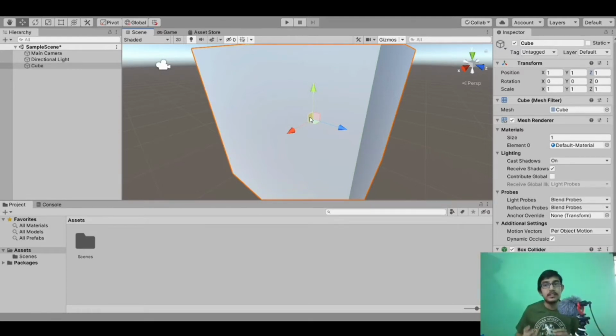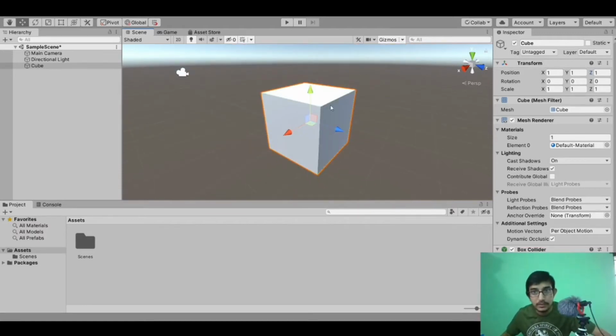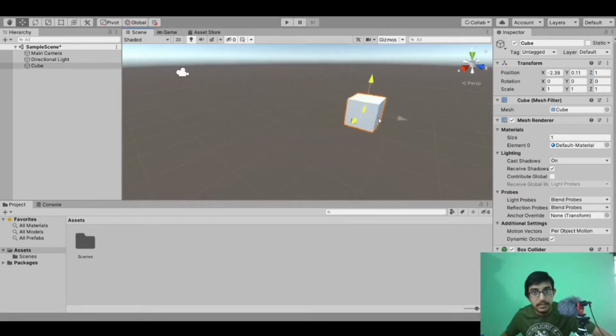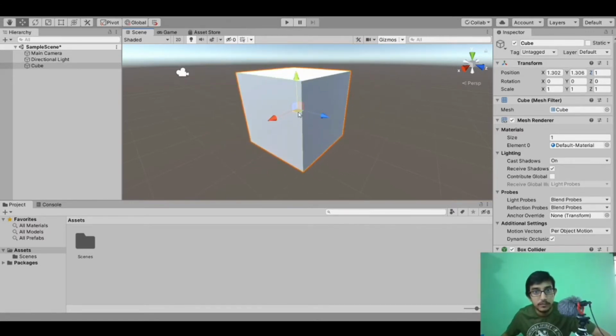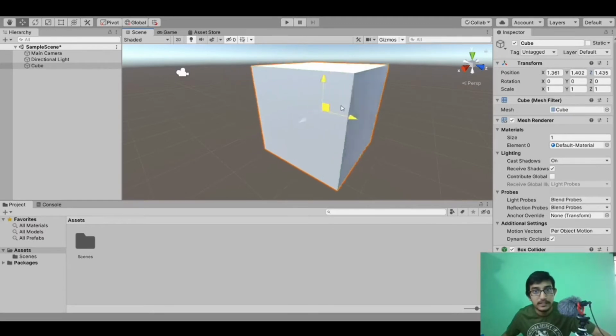If you have ever read about the 3D coordinate system, you can get it very clearly. These three are three axes, x, y and z, and if we choose any 2 of the axes, we get a plane, that is xy plane, xz plane and yz plane. So let's move this cube in xy plane, the intersection of x and y, this square, and we move in this. You can see we can now move our cube in xy plane. Similarly you can move it in yz plane and xz plane as well.